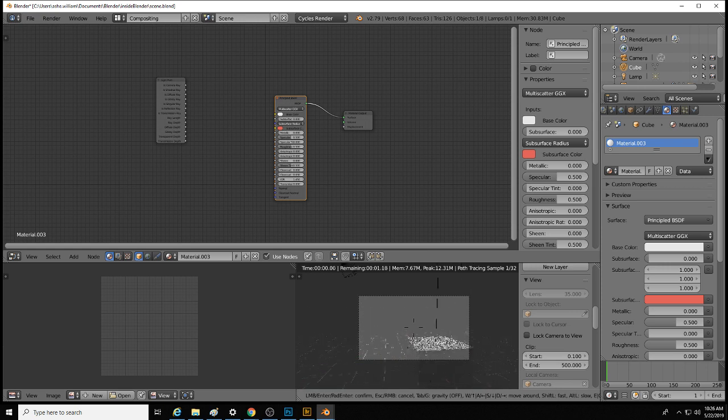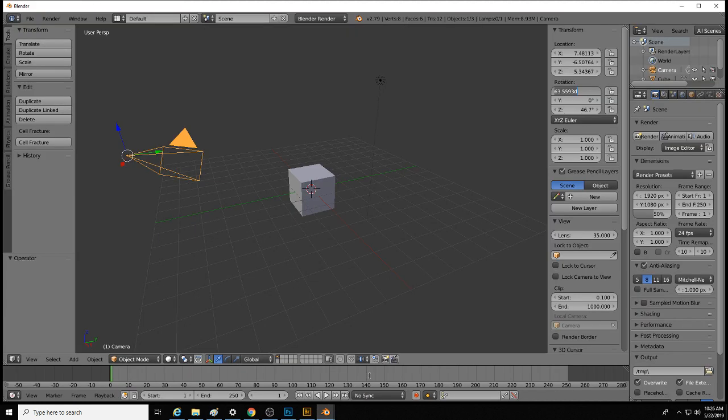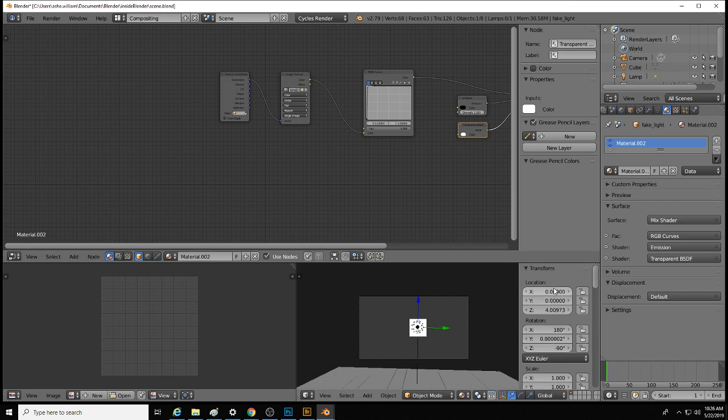So I'm gonna think, where am I gonna be? I'm gonna move my light into the correct position. So I'm gonna go into my default scene and select my light. And let's do the same thing we did earlier. So copy this location, lamp, change you back to material, and there's my X location,